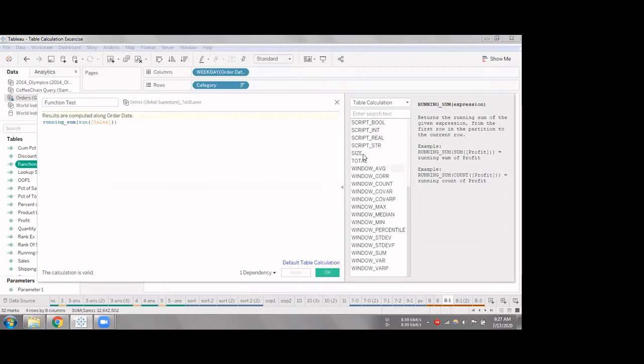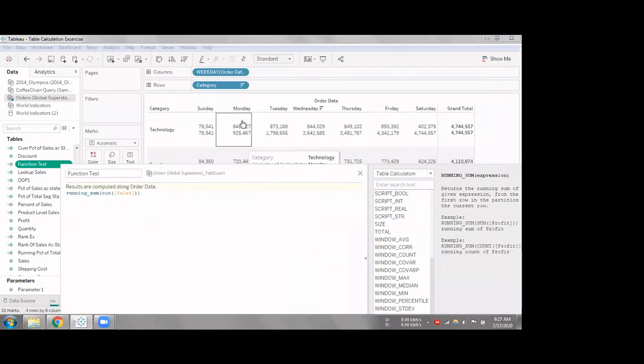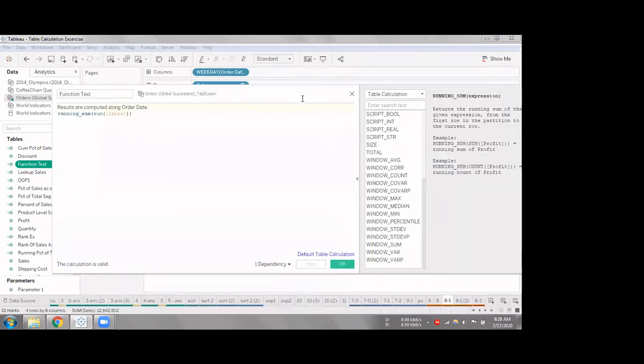So then we have the size function, and the total function, which you already know. These are some of the other 2 helper functions which we have. Total will just give us the total value in the given window. For example, if we give the total and give this window as sum of sales, it will just give us the total value for that expression.